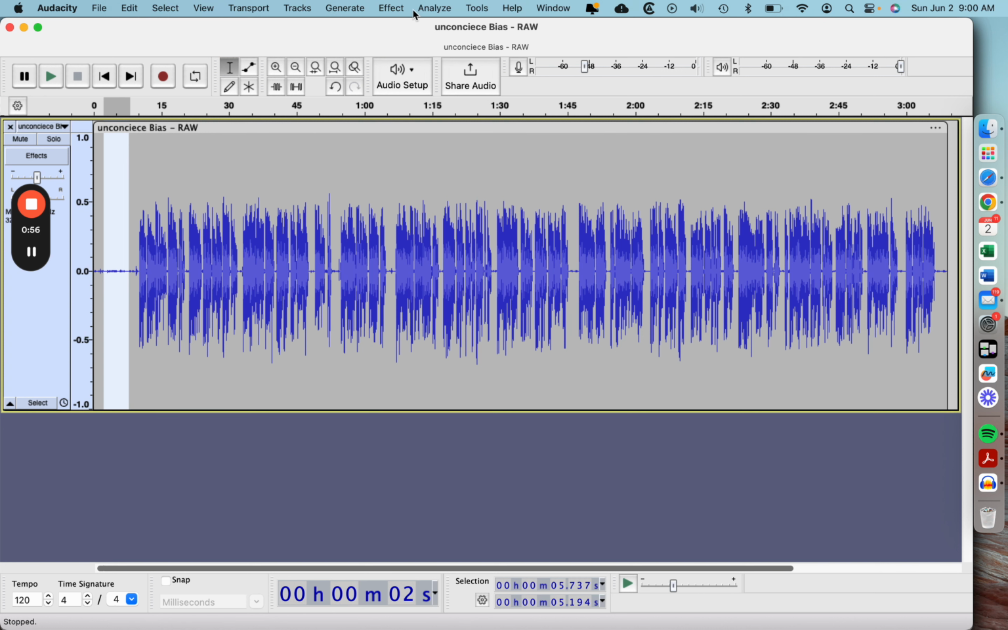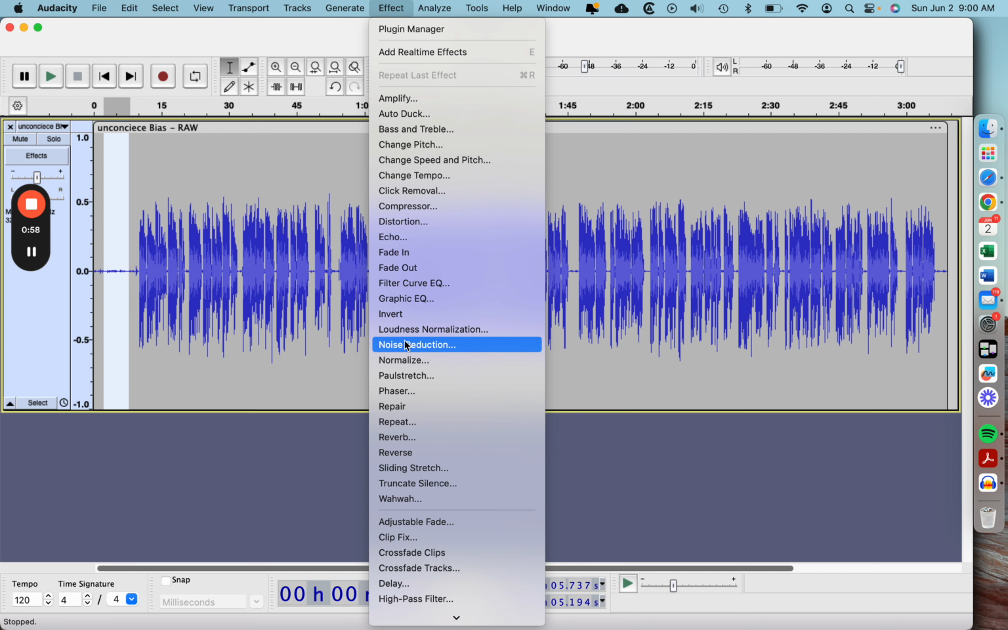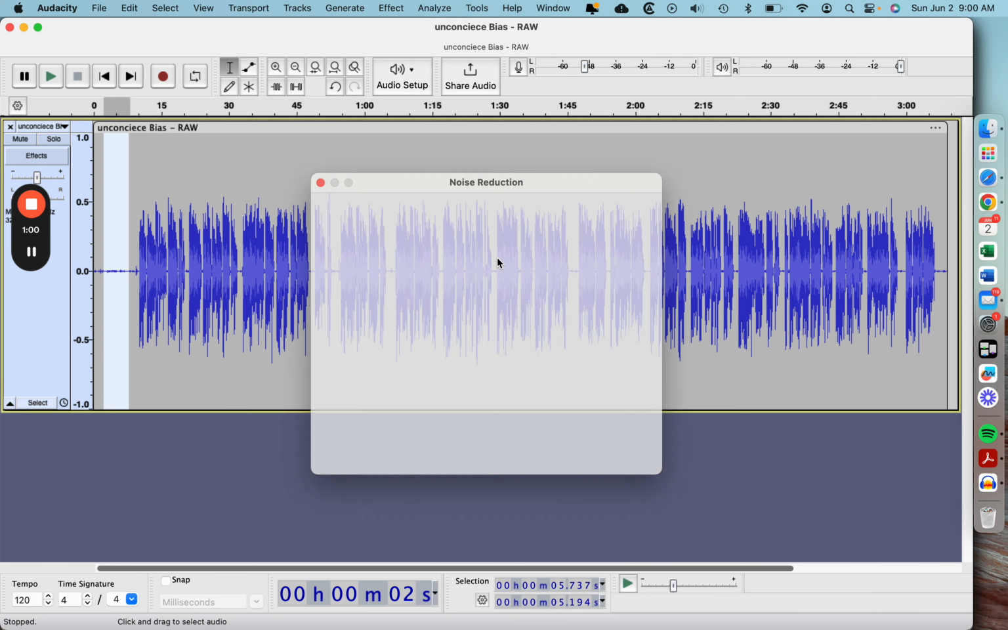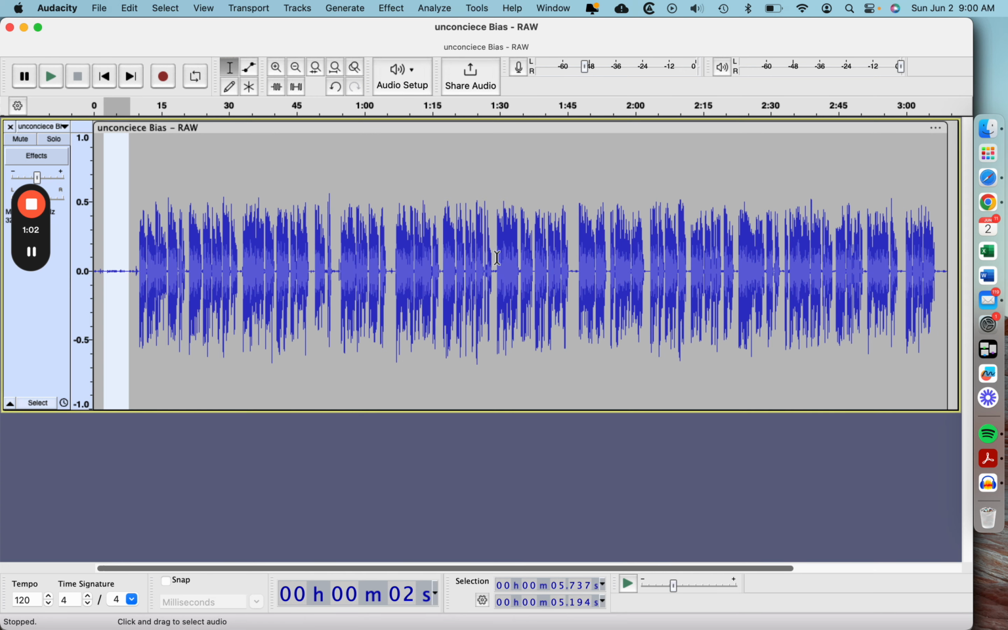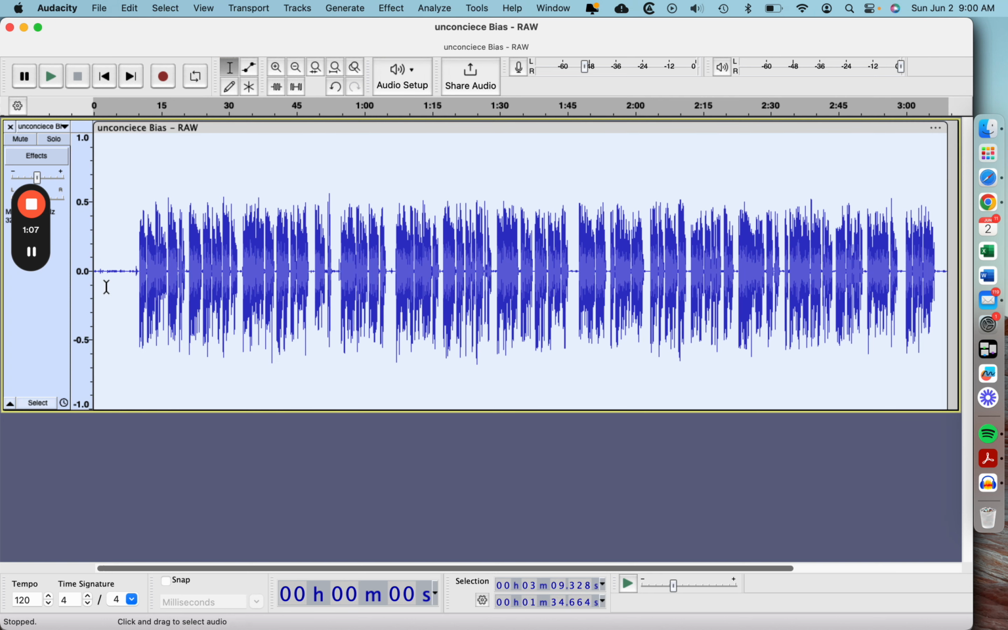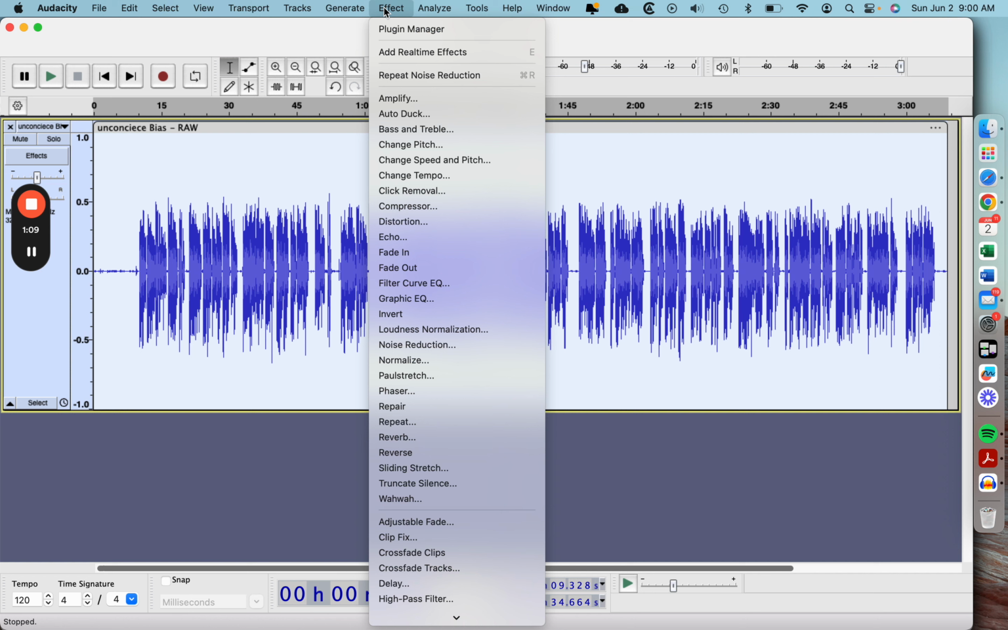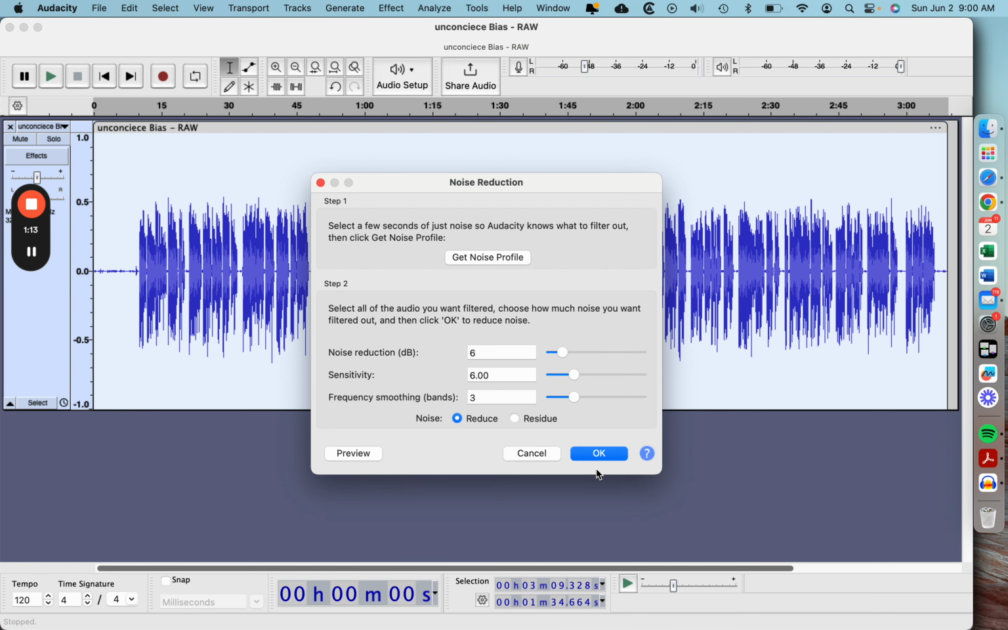So go there, go up to Effect, Noise Reduction, get the noise profile. So it's got the profile of that particular piece there. Go back out here. This is like a two-step process. Noise reduction, and then